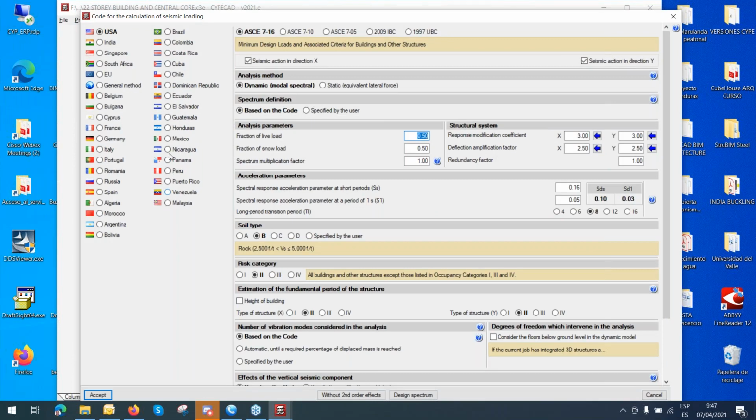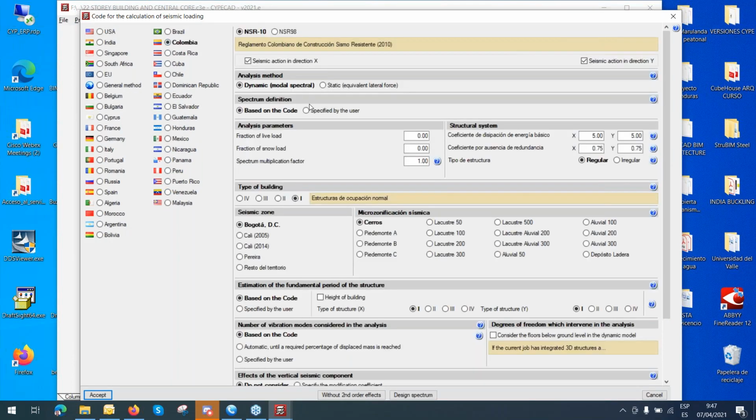So the following is about the seismic loading. I continue with this Colombian normative, which is here. I'm going to analyze the method by dynamic or modal spectral. This value, let me show you. Yeah, this value, because of the area that I already chose, this value of coefficient of dissipation,